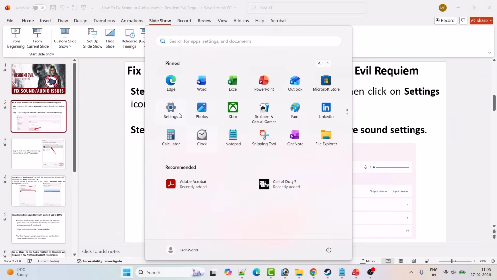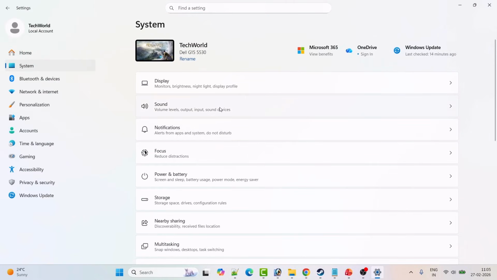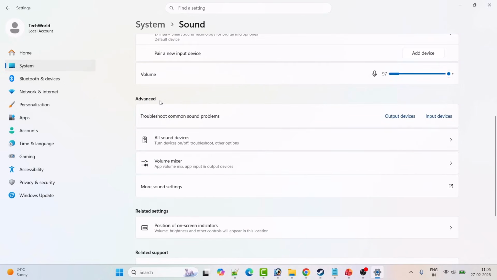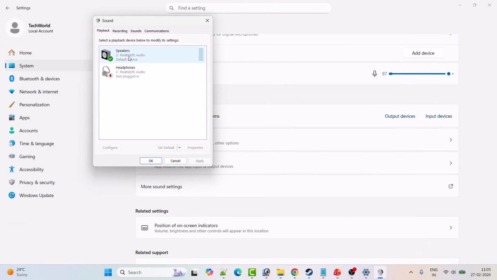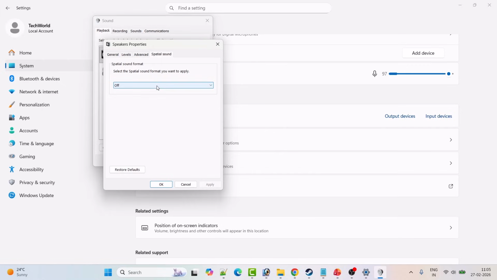Open Windows settings. On the left click on System, then click on Sound. Scroll down and under the Advanced option, click on More Sound Settings. Then select your default device, for example speakers, and then click on Properties. Then go to the spatial sound, and in the spatial sound select the off option from the drop down and then hit on Apply. OK, and then you can go ahead, restart the game and then check if your problem